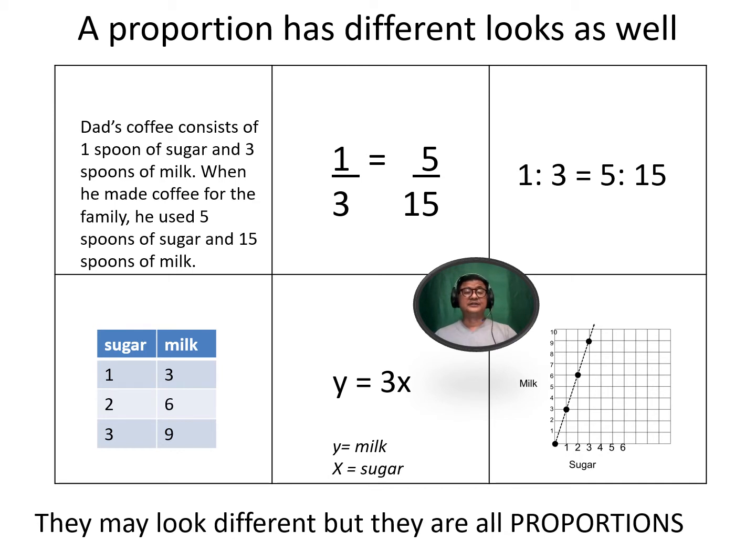Check this out. Dad's coffee consists of 1 spoon of sugar and 3 spoons of milk. Suddenly he wants to make more coffee. When he made coffee for the whole family, he used 5 spoons of sugar and 15 spoons of milk. If you look at that story, it's just words with numbers. But the numbers should represent something. 1 spoon of sugar and 3 spoons of milk. That's the first ratio. Compare it to the second ratio,